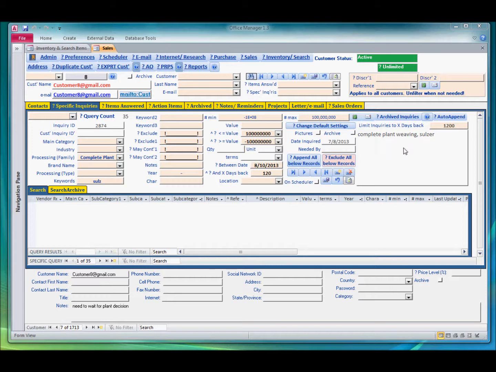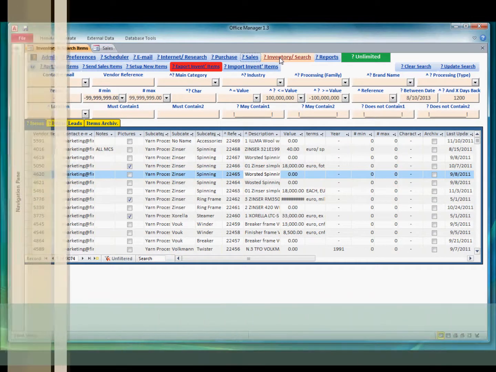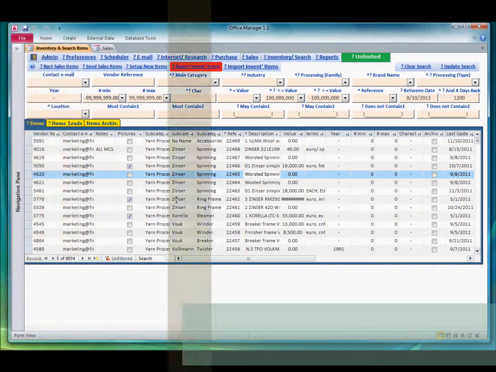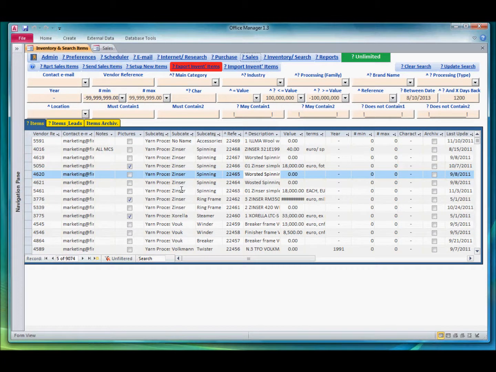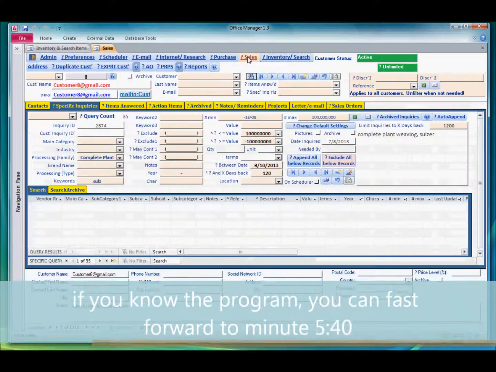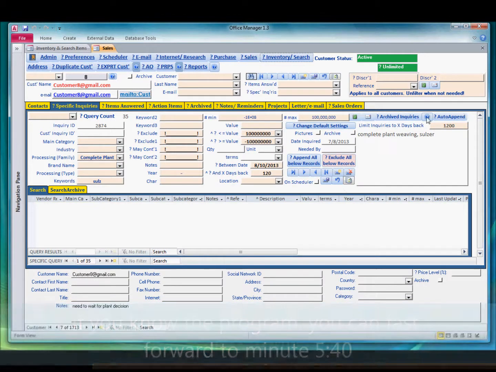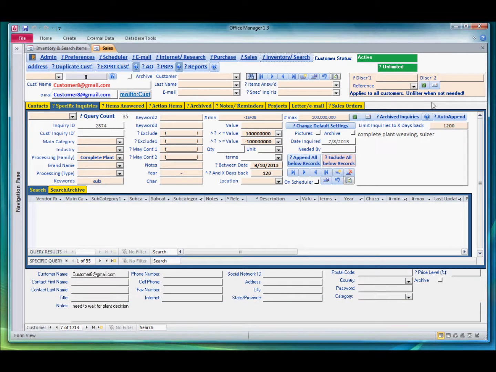So on the one side you have all the sales related information like customers and inquiries and so on and so forth, and on the other hand you have all inventories. Throughout the day you would fill up all your inventory information, update that, and then also update your sales information, and at the end of the day you would click the Auto Append button and kind of wrap up the day. So we have here in this demonstration